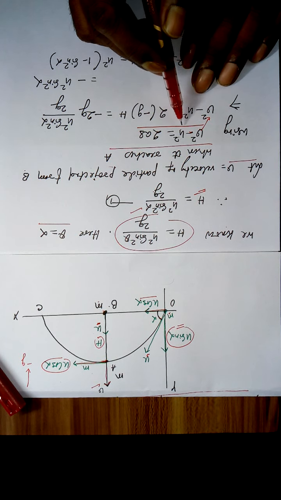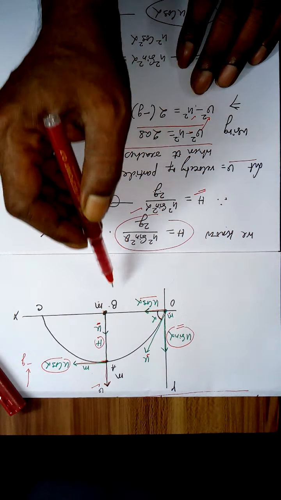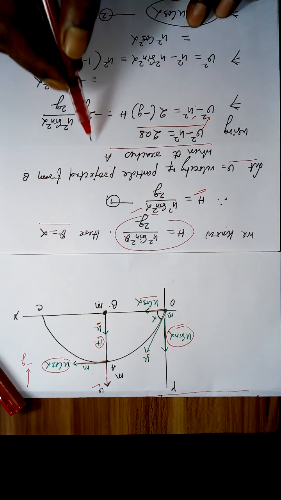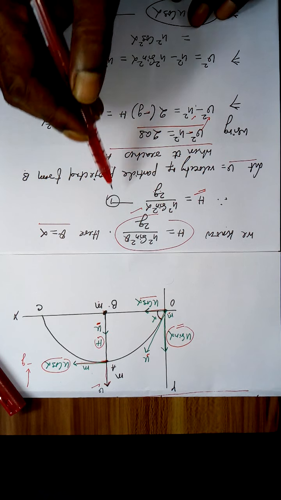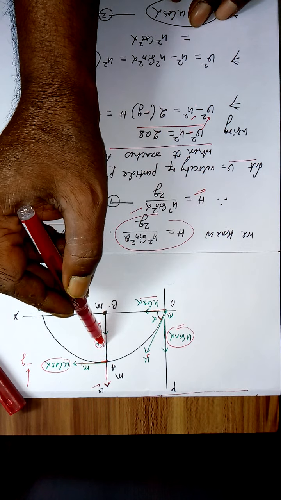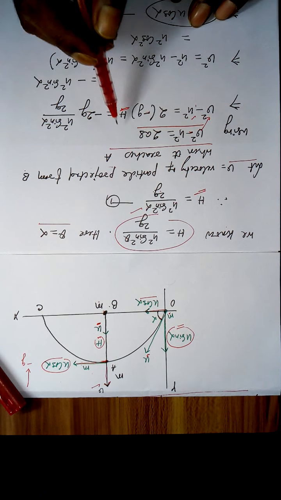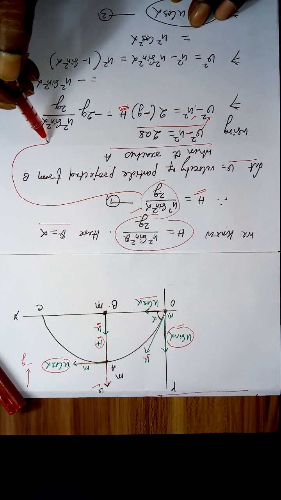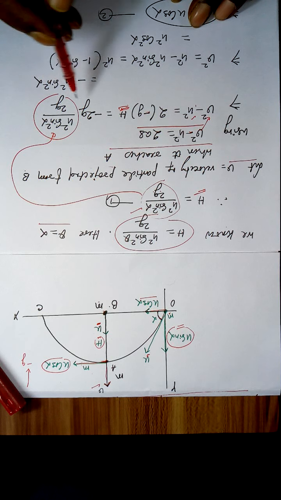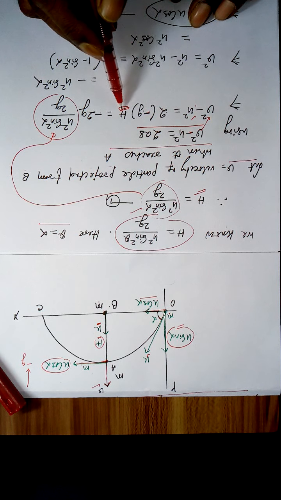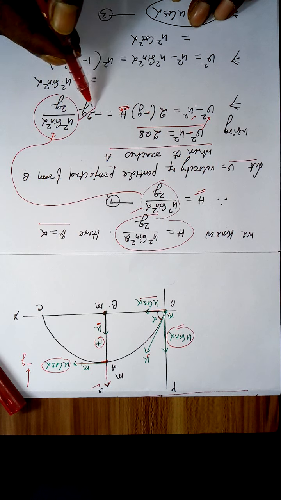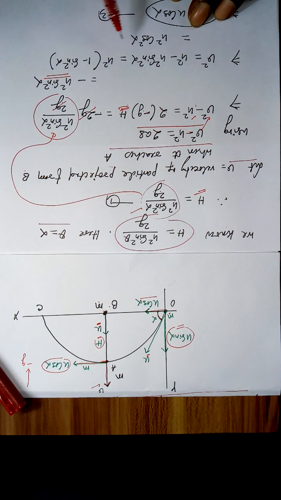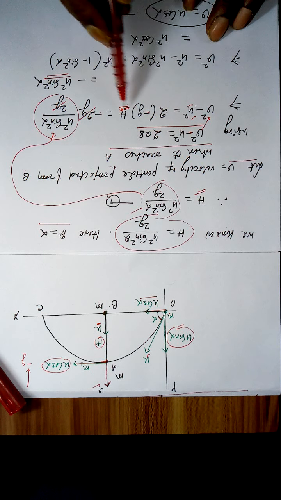v square remains v square. This u square is the same u square because it is projected with the same speed u as this. Since it is going up, a is equal to minus g, and it has to travel a vertical height, this capital H, which is equal to this much. So for h, I substitute this. So minus comes here, minus 2gh. So 2g cancels. So I am left with minus u square sine square alpha. So u square is negative here. I take it to the right hand side.